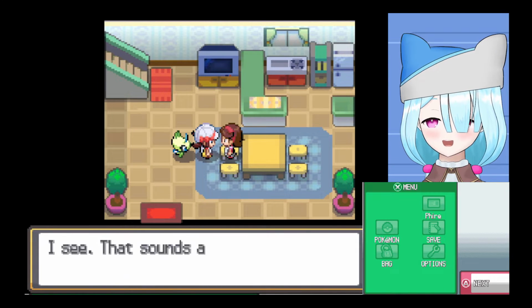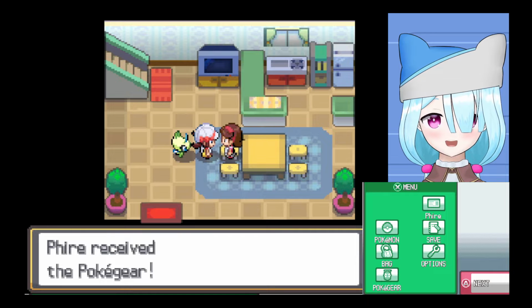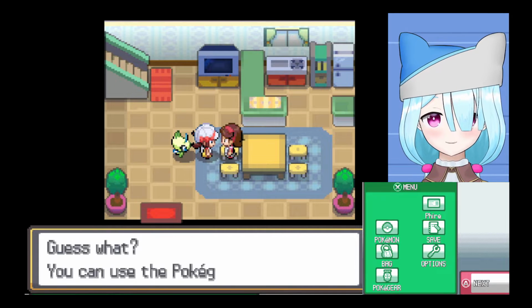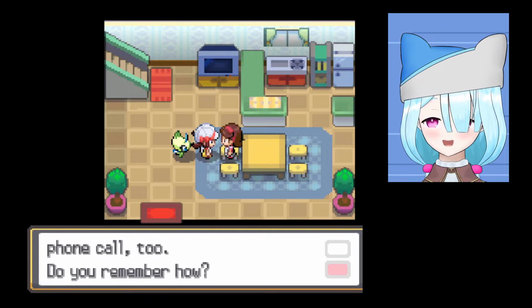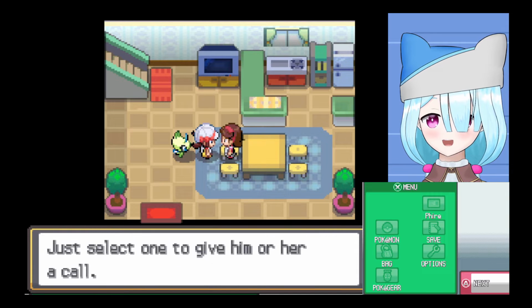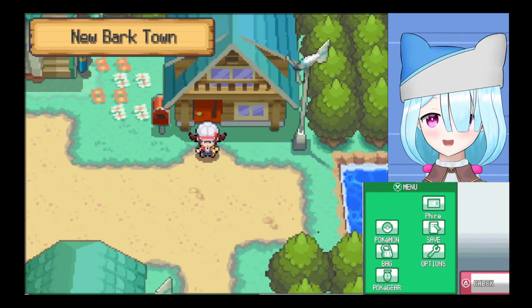Alright, has a task. Alright, didn't explain anything. Oh, alright, Poke Gear. I wonder if we can actually just completely skip the Poke Gear. This is all starter stuff and it's not particularly important. Do you remember how? Yes, I do. Please don't tell me any more tutorials, okay? Oh yeah, I don't know if I need to get phone numbers registered for a Nuzlocke run, but either way,